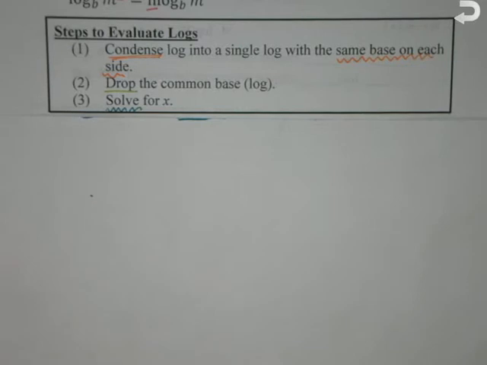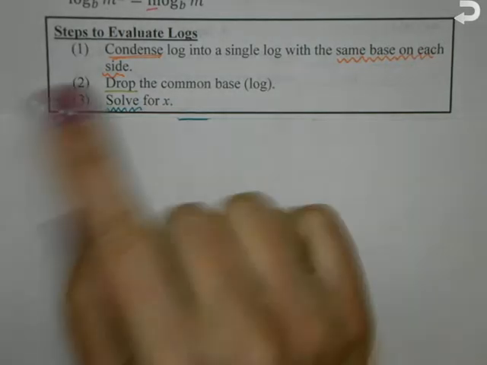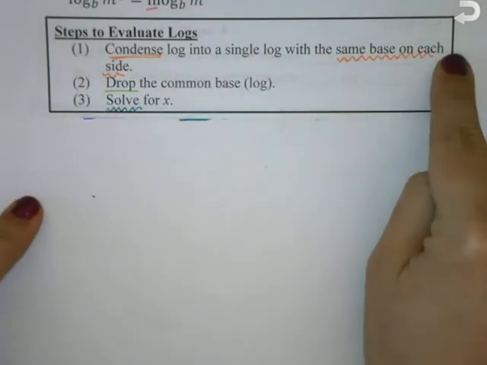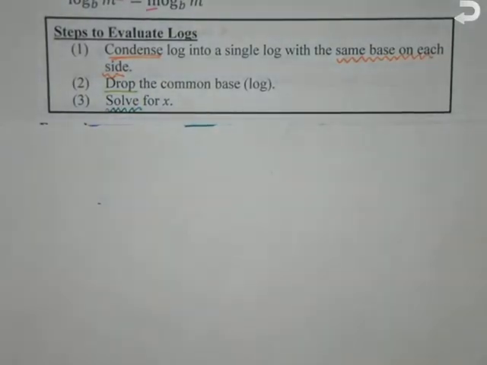So the most common mistake that I see when I give students these types of problems is a lot of times they skip the first step. They see that they have logs and they just drop all the bases and set everything equal to each other. But you can't do that because you have to have one log on each side. So it's just like when we were solving